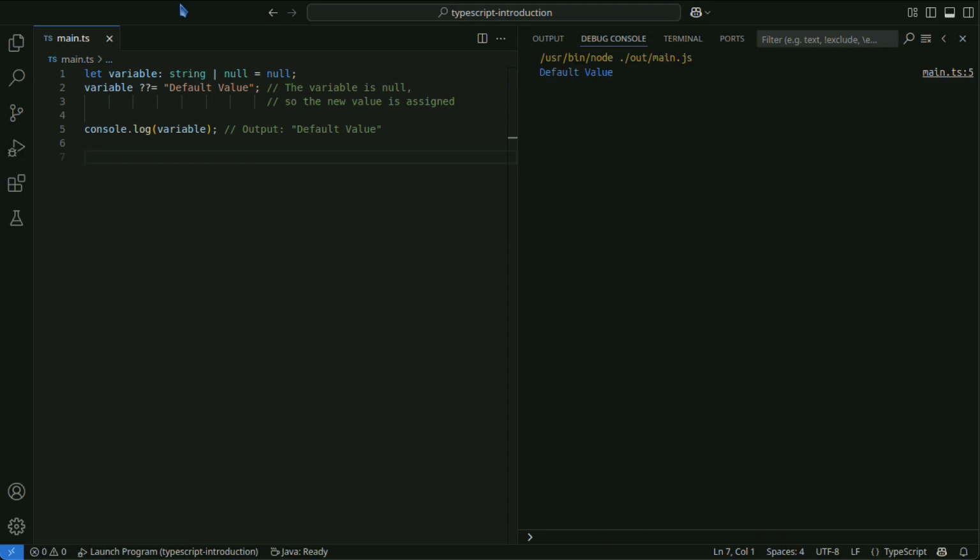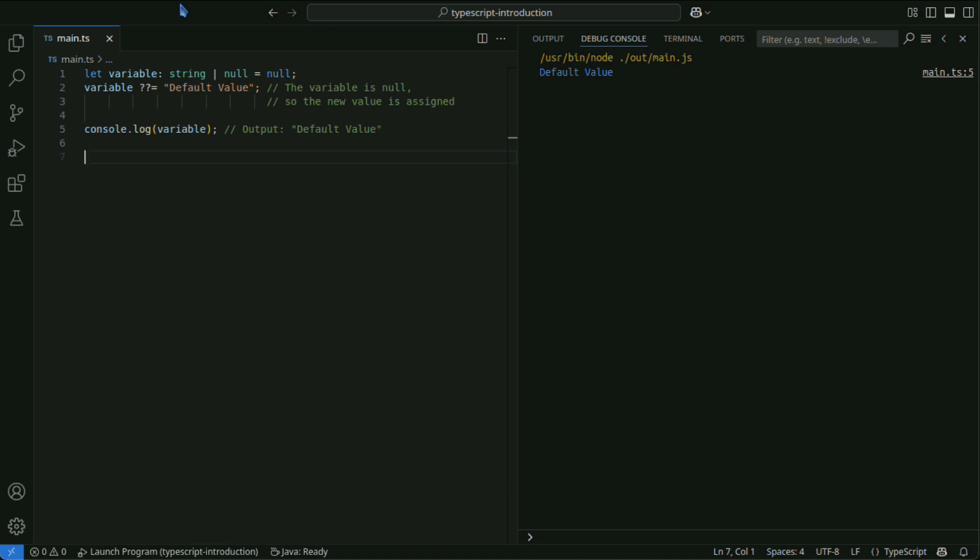By using this operator, you can more concisely write the logic of assign if the variable is undefined or null. Without the nullish coalescing assignment operator, you would need to use an if statement or a ternary operator to achieve the same behavior.